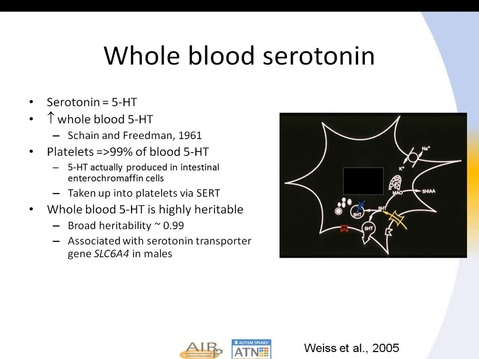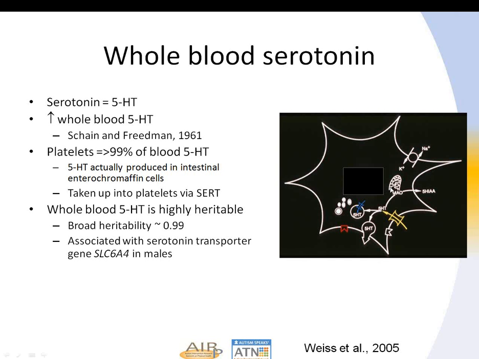There's been a lot of work focusing on what might be changed at the level of the platelet in autism. But more recently, there's been interest in understanding the impact of where serotonin is produced in the gut. It's actually produced in enterochromaffin cells, is important for gut motility, hence the interest potentially in constipation, and is also important for regulating inflammation in the gut.